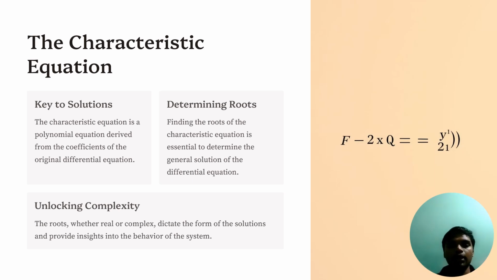Non-homogeneous equation for second order: a d²y/dx² + b dy/dx + cy = f(x), where f(x) is a non-zero function. For a higher order homogeneous differential equation, there are no terms independent of the function y of x. The general form looks like this. This is an example of the equation: